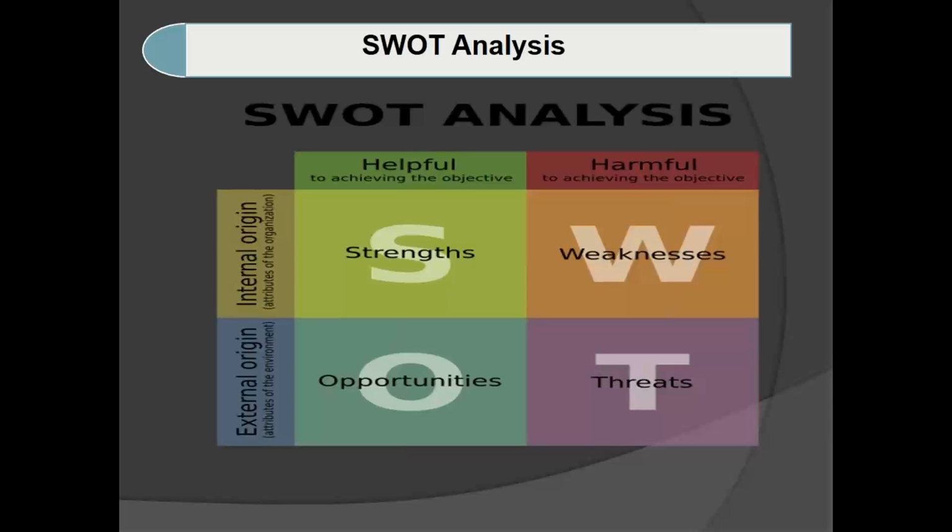Okay. So how we are going to do it, in this way we are going to take strength and weakness. If you take horizontally, strength and weakness are internal parts which we can control. That means we have control over strengths and weaknesses. And opportunities and threats are external, so these will not be in our control. We cannot control them. Okay. And if you take vertically, strengths and opportunities are helpful to the organization, and weaknesses and threats are harmful to the organization.